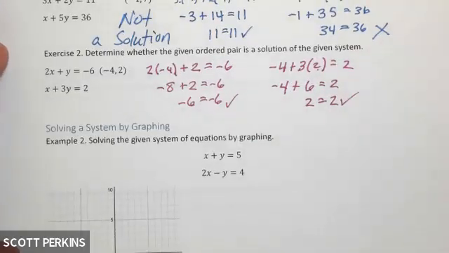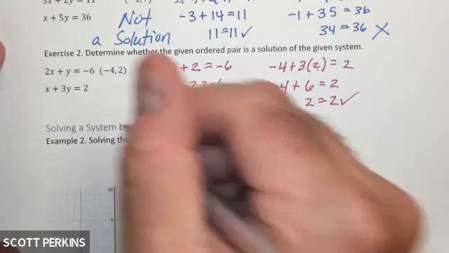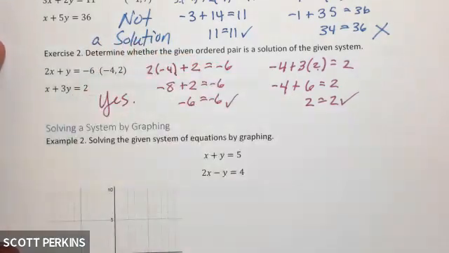So good both times. So what's my answer to the question? Is negative 4, 2 a solution to the system? Yes, it is. Okay, great job. So far, so good. We're doing all right. Okay, well then, now that we know what it takes for something to be a solution,